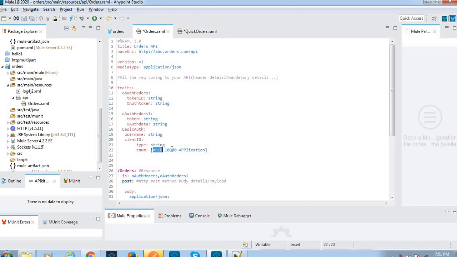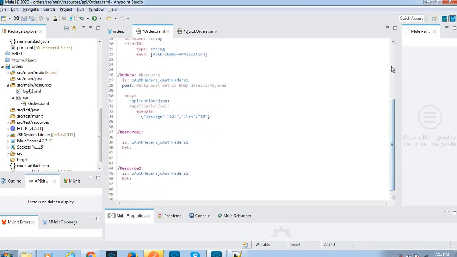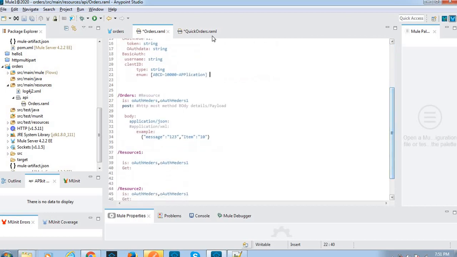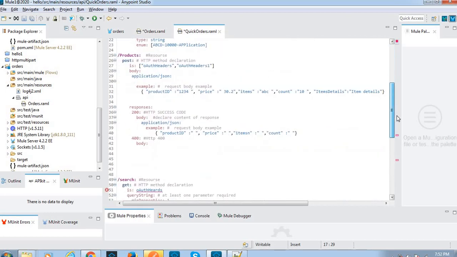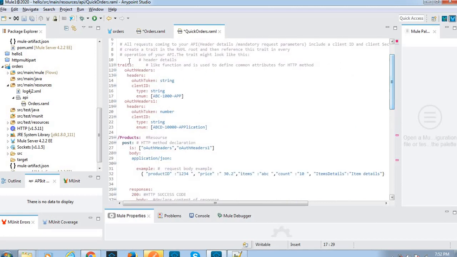The first 4 digits should be alphabets, and the next digits numbers, and again we have to provide the string like this. This is the enumeration. I have written the complete thing. These are the types we have.